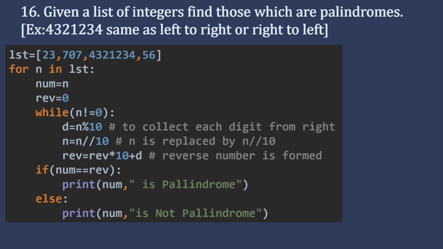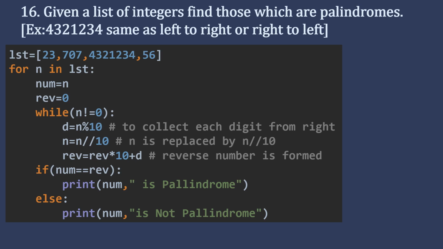We have to find out the digits, each digit from the number. So how to find out the reverse of a number? First of all, we will collect the digits from a number starting from the units place. So whatever value is there in the units place, that will come to the left position. That means the right side digit will come to the left side. How will it be done? Let's say if you are taking the number as 23, then first of all we have to find out the units digit, that is 3. So how to do that? We have to divide it by 10 and get the remainder.